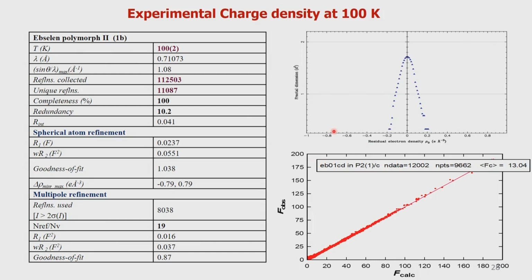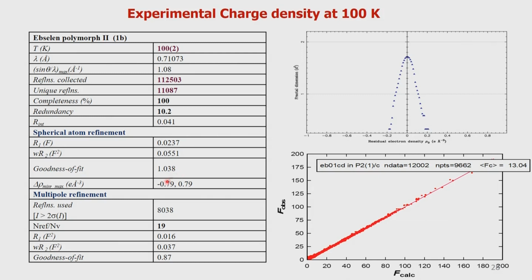So based on this, now we go to the refinement. We now refine the unit cell in such a way that we consider this as routine data. That means we do a spherical atom refinement. When we do this spherical atom refinement, we reach an R factor which is 0.02, very accurate data, and the weighted R factor is 0.08, and the goodness of fit, which should ideally be 1, is 1.038. That means it's extraordinarily high quality data.